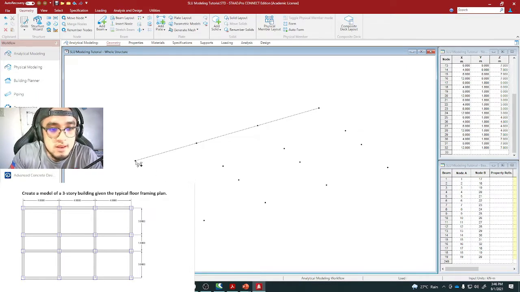So let's say that this beam right here is going to the positive z-axis. It is better for you to model it like this instead of the other way around, instead of doing it from here to this point. I would be explaining that to you soon, why it is better for you to be accustomed to that practice. So once again, from the origin going to the positive z-axis, so here, and from this part right here